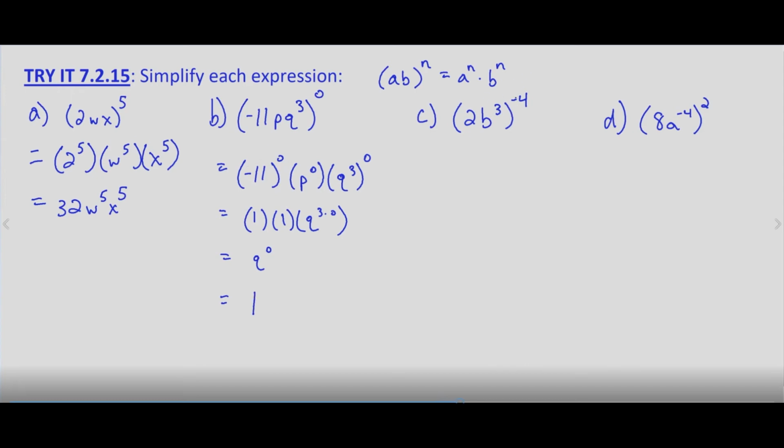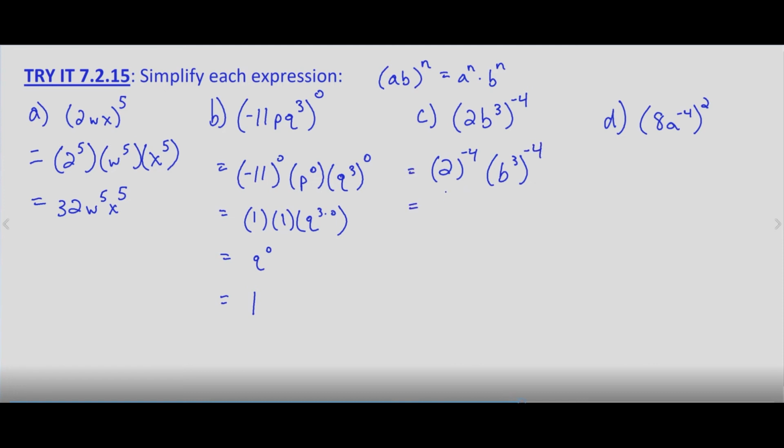Now we can distribute this negative 4. It's all multiplication on the inside of the parentheses. So 2 to the negative 4 times b cubed to the negative 4,